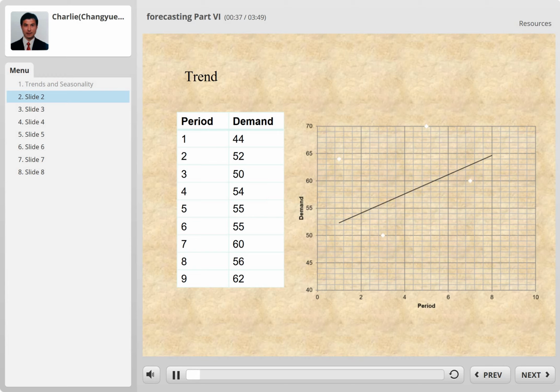To observe a trend, an easy way is to draw a trend line. What we do is, in this example, we have 9 periods, and each period we have a demand. Now we can use Excel to draw a trend line that goes across all those dots here, where each dot represents a demand. For example, here,